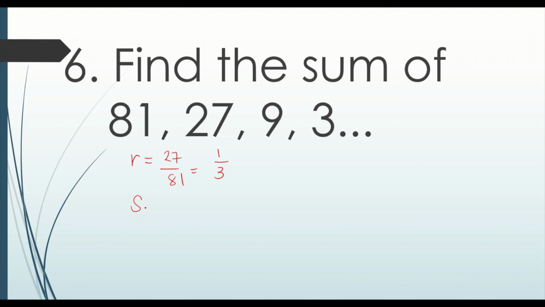So our formula is S is equal to a sub 1 all over 1 minus r. A sub 1 is 81 all over 1 minus the common ratio 1/3. 1 minus 1/3 is 2 over 3. Therefore, 81 divided by 2 over 3 is equal to